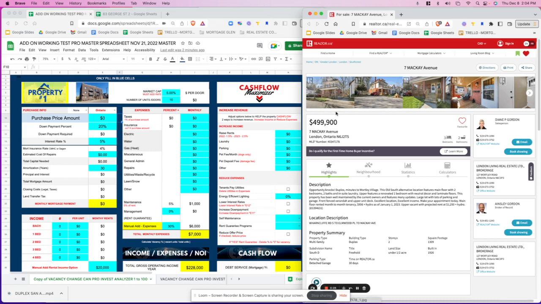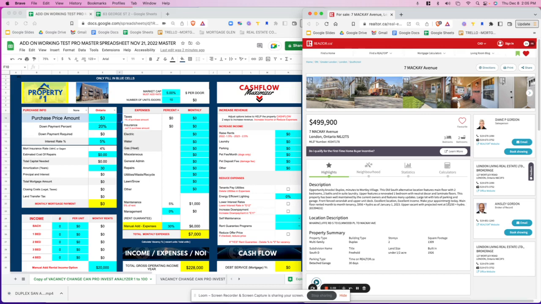Let's have a look quickly at the pictures. It's 499,900, an opportunity knocks. The duplex, minutes from Wortley Village. The location features main floor with 2 bedrooms, 2 baths, and in-suite laundry. Upper features a renovated 1 bedroom with neutral decor, laminate flooring, maintained by current owners with many updates. Large lot with lots of parking, garage, fully fenced, upper unit deck,